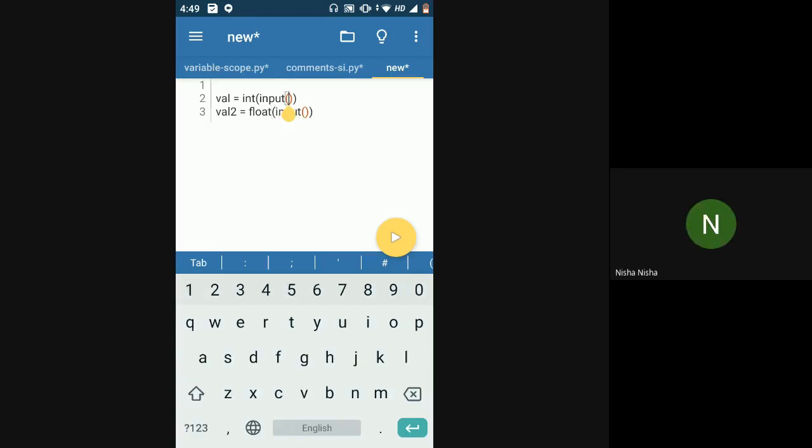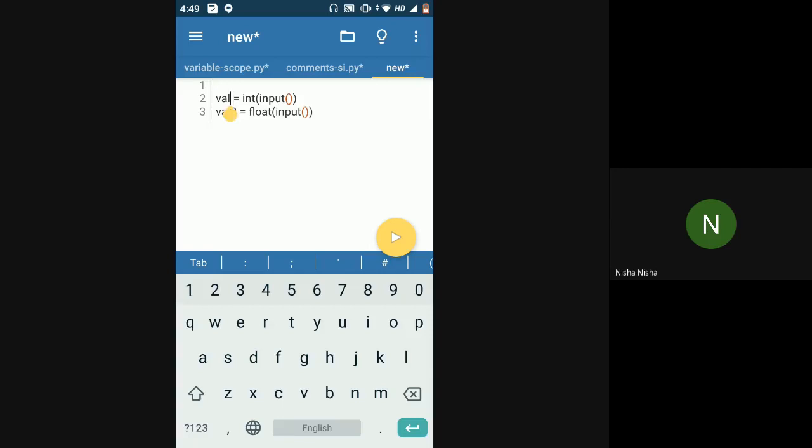Ma'am, what is VAL? VAL is the name of the variable. Whenever you are taking any input from the user, or assigning any value, you will put it into a variable, right? If I take the input from the user in this case, I will have to save that input at some place, and I have to know what that place is, so that if I want to access it later on, I can, using the variable name.